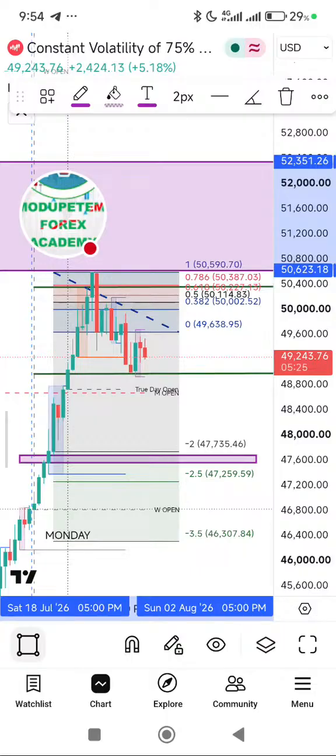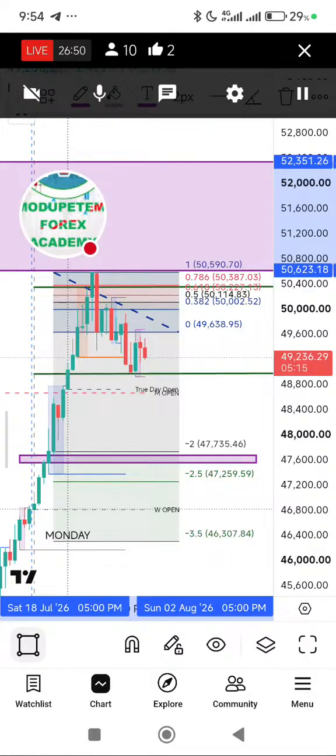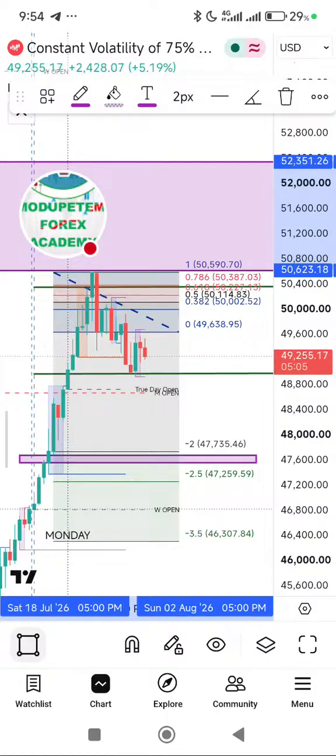Don't forget that this other block that we have above here, this is where we expect the weekly high to form. So we are still expecting a manipulation to the upside to form the weekly high. For volatility 75, we are still bullish until they tap the weekly fair value, the weekly key level, and our daily key level, that the two align together, which is this other block above. I think I've done justice to volatility 75.